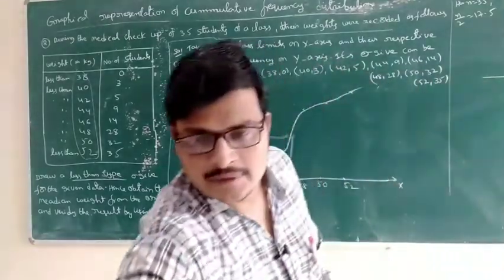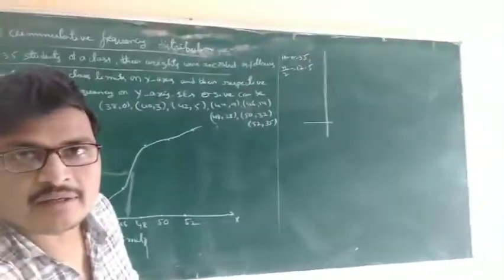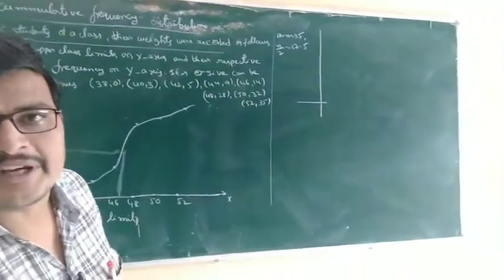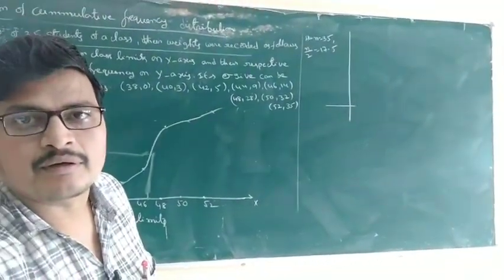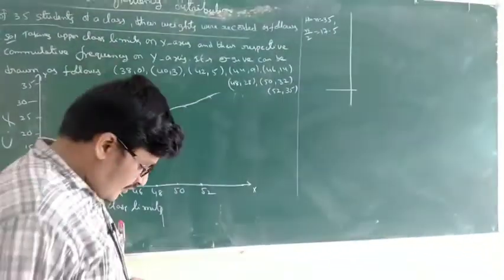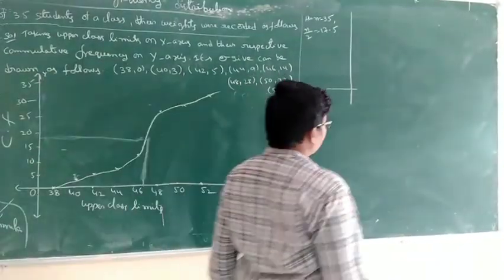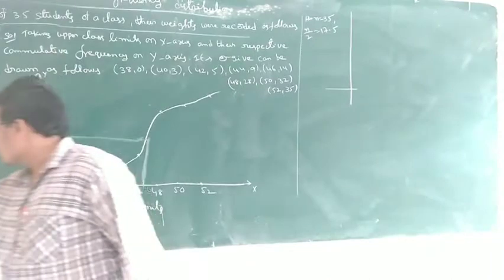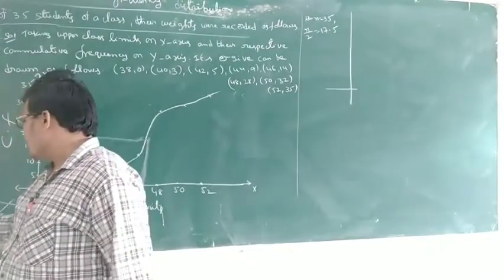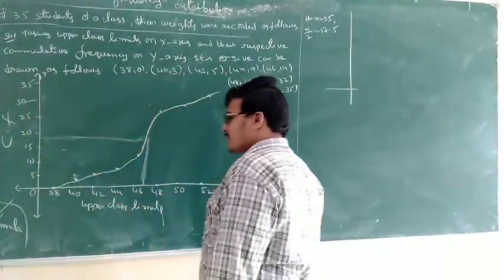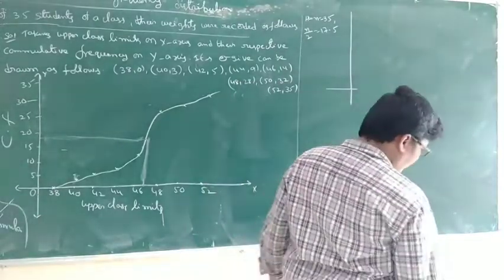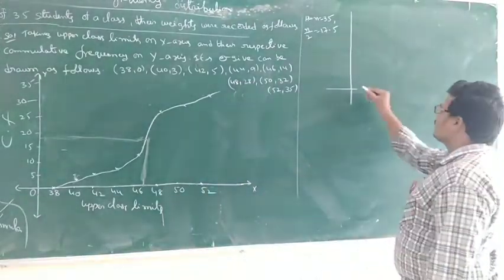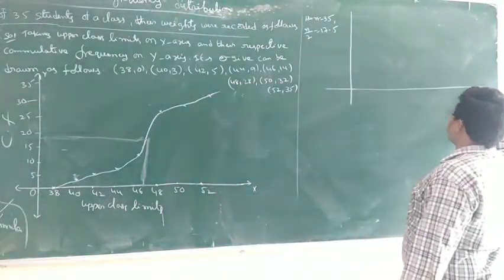Okay, next one, median. Find out the median. First, from the graph, we have to find the median. This is the first step, for the given data. Hence, obtain the median weight from the graph. Median weight from the graph first. The second point is also the same.